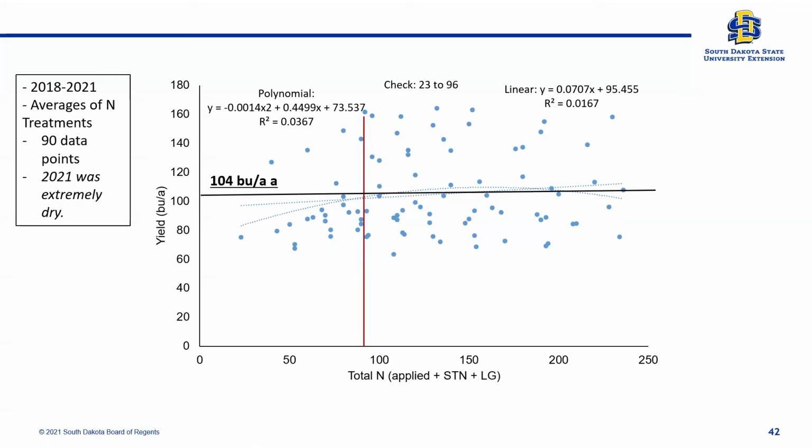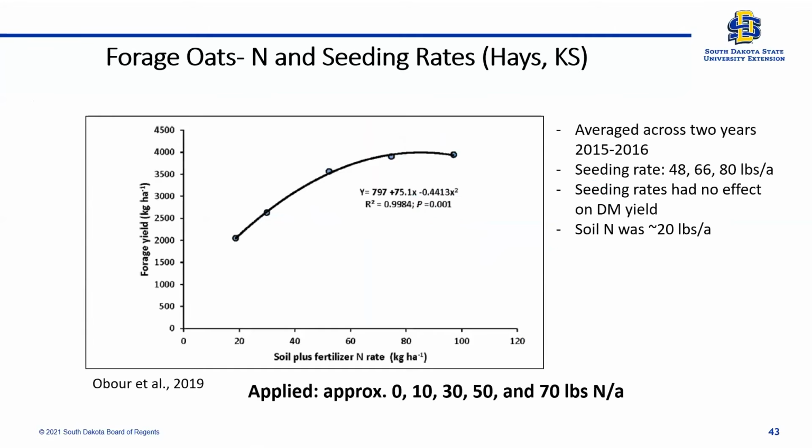And 104 bushel was the average across 4 years across all locations. I found this, I wouldn't say off track, but it's still something: oats is going for forages also. I found a paper published from Western Kansas. They're doing something similar on forage oats, not the PGR, but soil applied, just on the fertilizer side of things. They were after whether they could see any effects on dry matter yield by different seeding rates, and also the applied N.